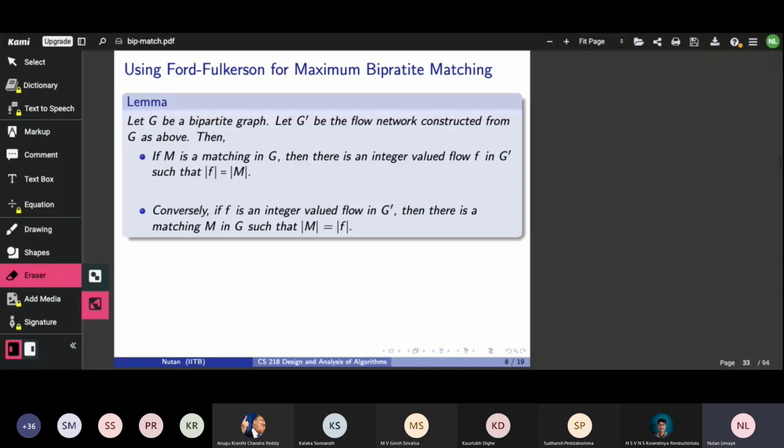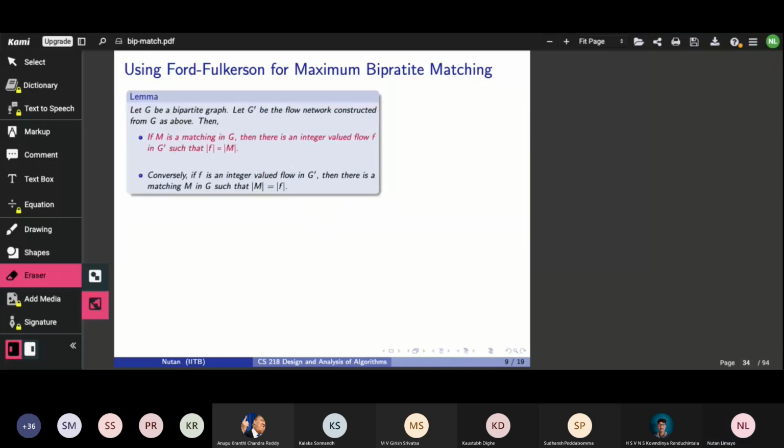Okay, so what we are going to do next is we are going to try to prove both these statements. Okay? The first one is relatively easy to prove. The second one requires a little more work. And that's the plan for, let's say, the next 30-35 minutes or so. Okay, so let's get started with part one. This, as I said, is kind of straightforward. So let's go through it.